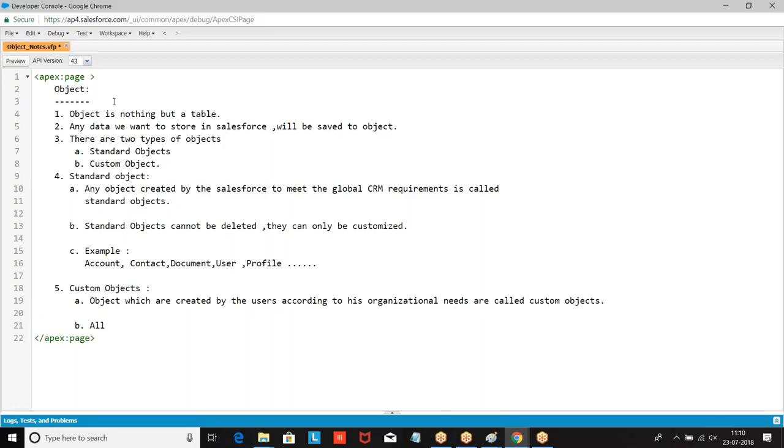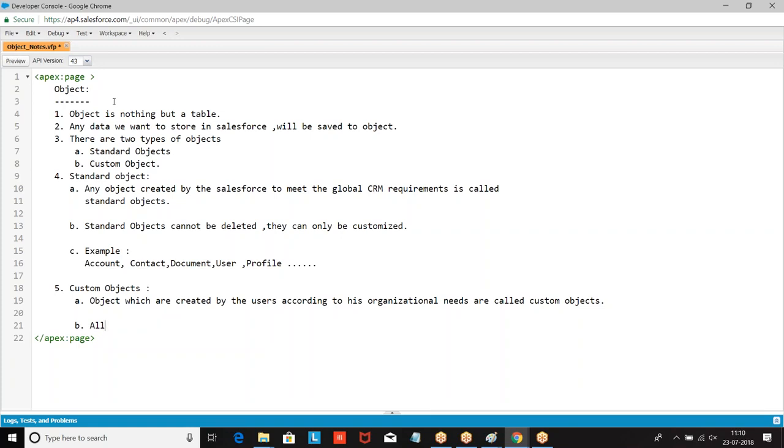All the custom objects will have __c at the end of the name. How do you know it is a custom object? When you have a group of objects, which is standard and which is custom? How do you recognize? All the custom objects will have __c, underscore c, as an extension after the name.